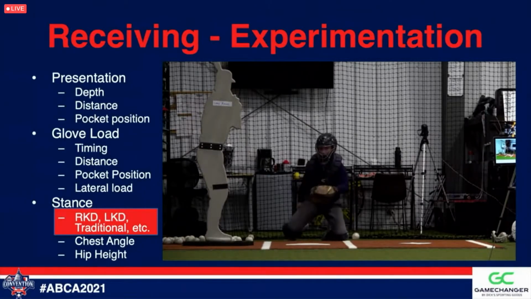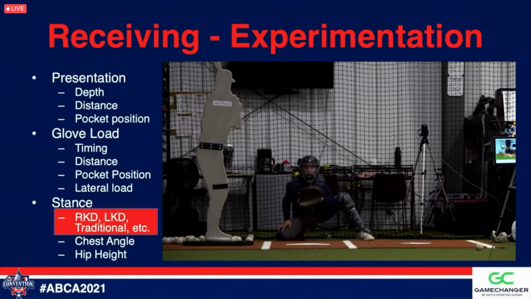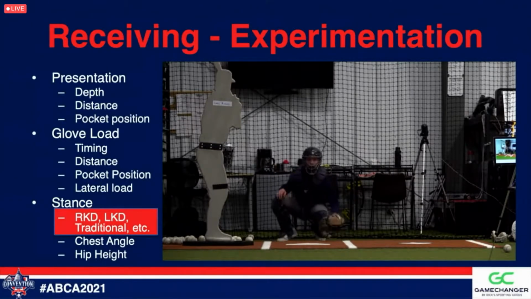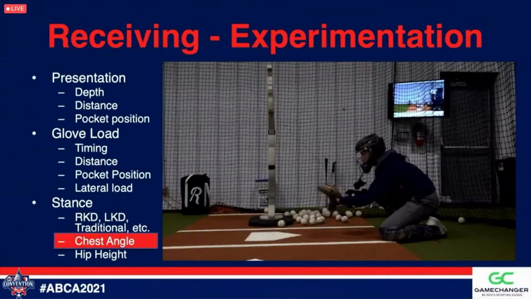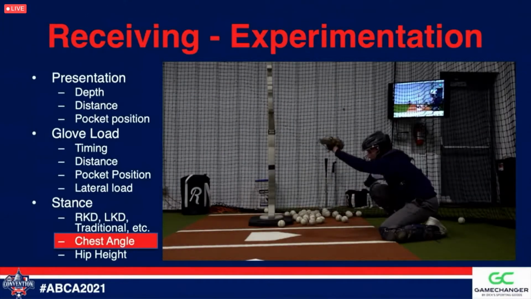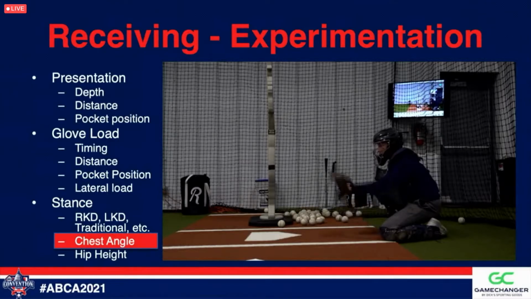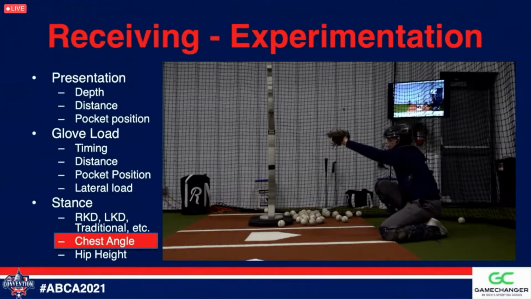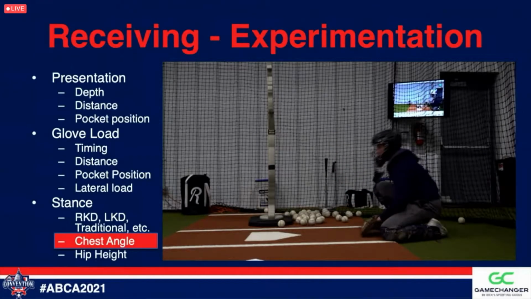So here, Braden's just going to alternate between a right knee down, a left knee down, and a traditional stance. But the guys are always playing around with their foot positioning, their body angles, their positioning on the plate, and chest angle, right? They're constantly trying to find what gives them the most value on that reception. So an example of chest angle here, Braden's starting with that chest very forward, and he's slowly raising it up as he goes through. So this allows him to really find where he can leverage his strengths the best, which